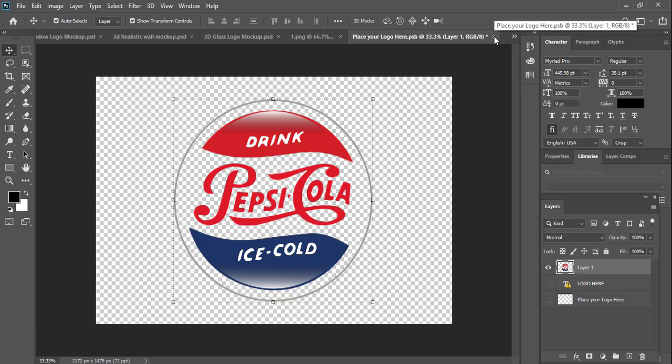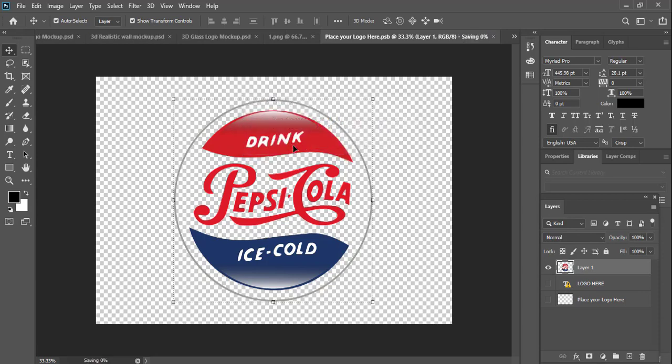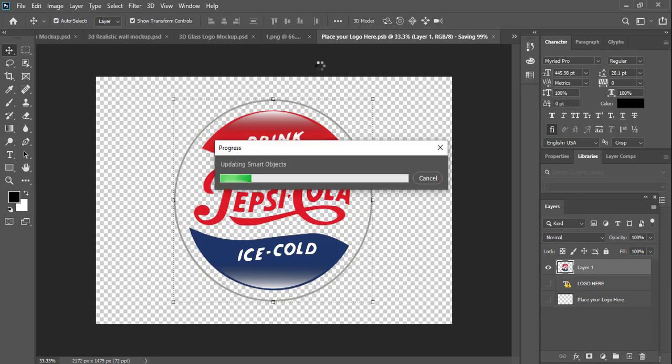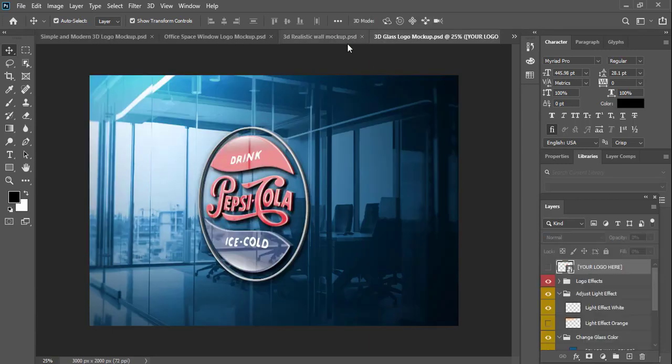I'll close it now. Here click on Yes and wait for the mockup to be applied. Once the processing is done, you can check your logo. So now let us check how it looks.